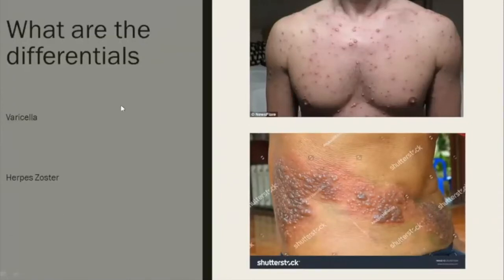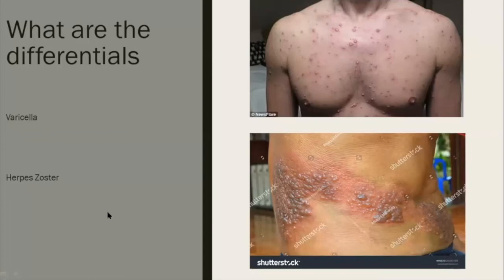So, varicella will present with vesicles and pustules. So, parang may nana, tas merong mga butlig na may tubig, tas usually makati. Tapos, generalized in distribution all over the body. May precedent na fever or malaise before magkaroon ng lesions. And then, herpes zoster, it's usually dermatomal, no? So, isang part lang siya ng katawan, either left or right, rarely ever crosses midline,